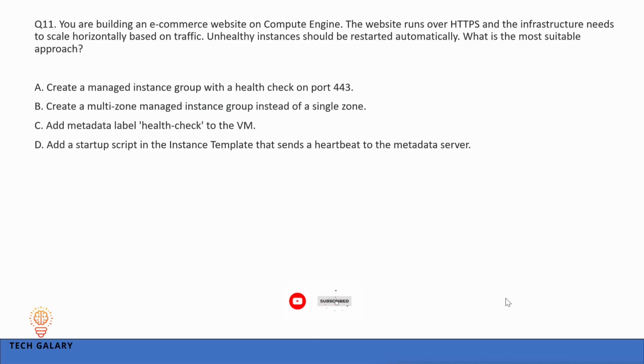You are building an e-commerce website on Compute Engine. The website runs over HTTPS and the infrastructure needs to scale horizontally based on traffic. Unhealthy instances should be restarted automatically. What is the most suitable approach? Option A, create a managed instance group with a health check